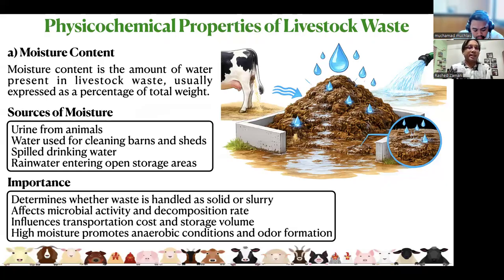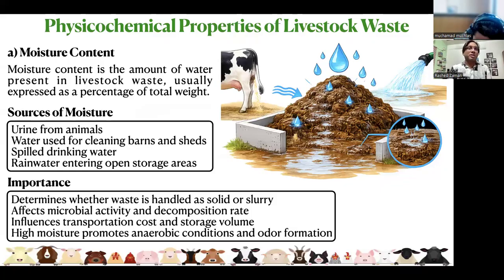And rainwater entering the open storage. If the storage area of the livestock waste is not well protected or well handled, then water from the environment, such as rainwater, can mix with the waste and ultimately increase the water content or moisture content of that waste. Now, it is important to determine the moisture content because it determines whether the waste is handled